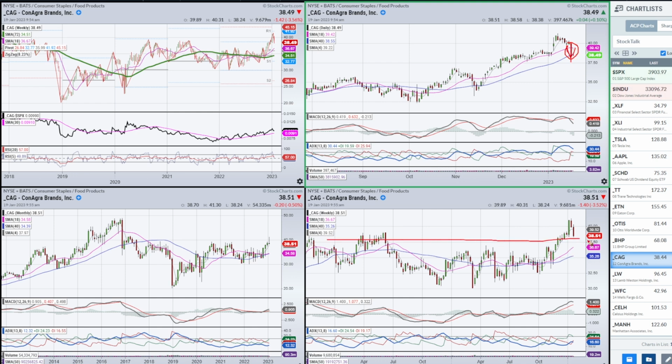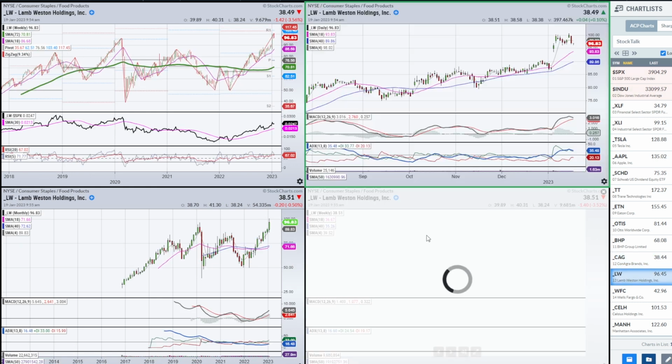And I do think there's a lot of support here, but I'm just telling you, it's not. I wouldn't be in any big hurry. We just kind of upthrusted, failing at this breakout level. Okay, let's look at